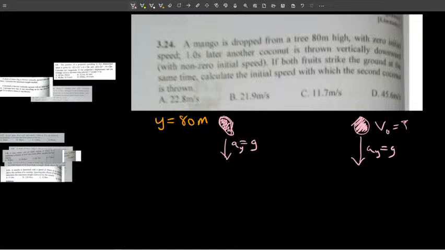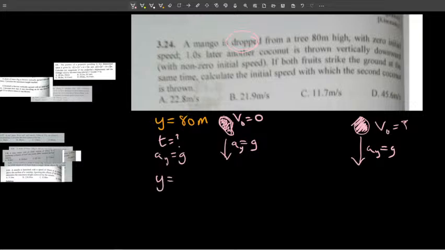Alright, so how do we solve this question? Let's say they strike at the same time. So I can calculate the time taken for the mango to strike the ground. Do you understand? So let's find the time taken here. We have ay to be g. What else? The mango was dropped, so the initial velocity of the mango fruit was what? Zero. So we can use the formula